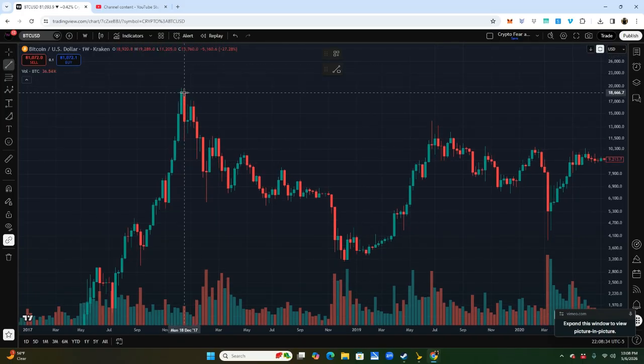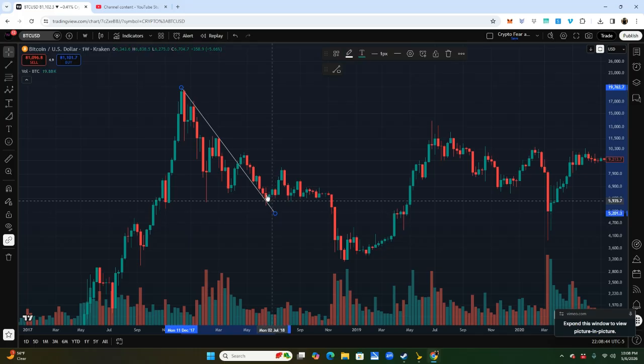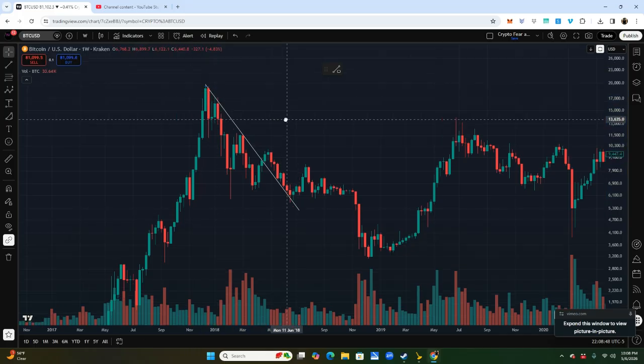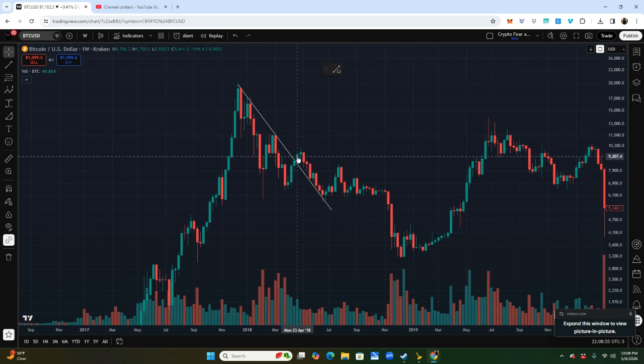Okay, so you have this next cycle in 2017. So how are we going to draw this trend line? So there's a short-term trend line here that we can draw, which is kind of a mix of the candles, the wicks, and the candles here. So you broke through this, but without looking at the other indicators, you probably would have thought this was the bottom of the cycle here,